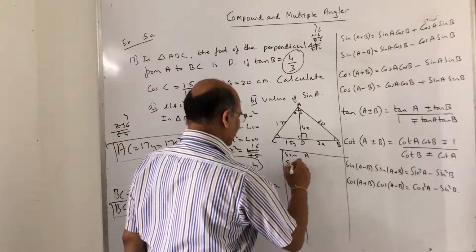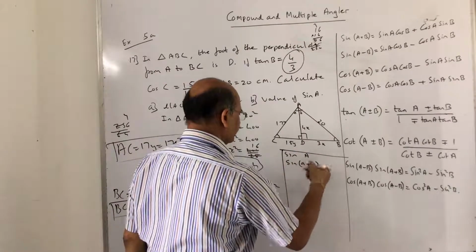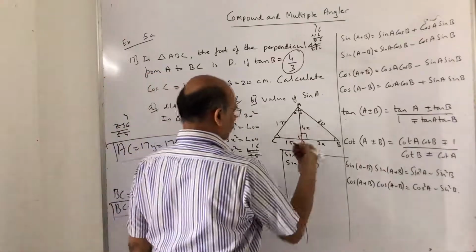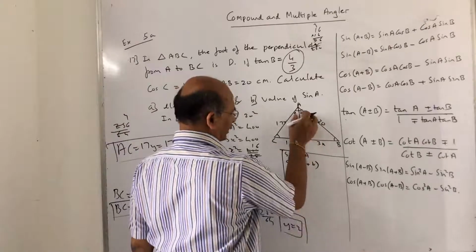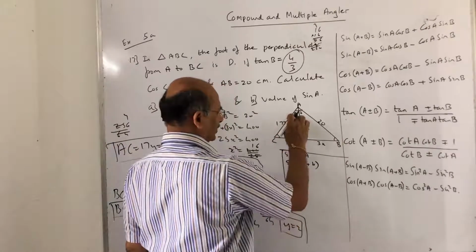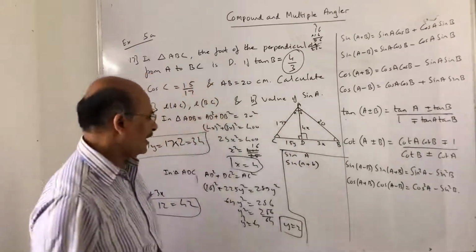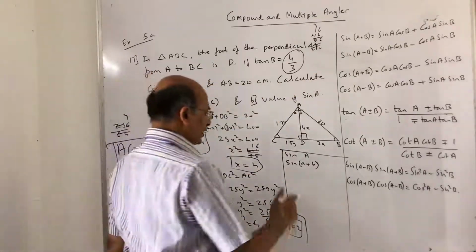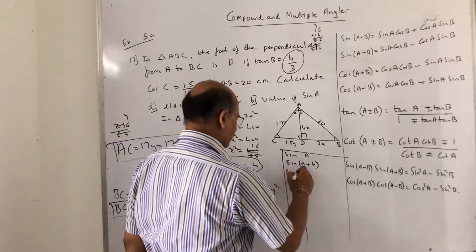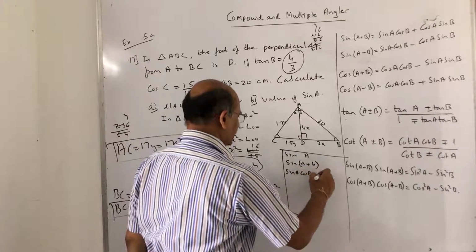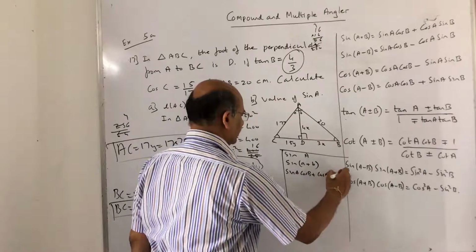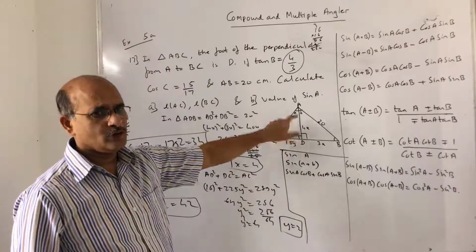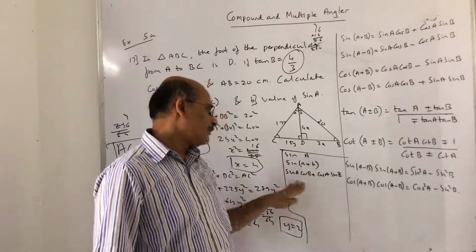So sine A implies sine of A plus B. Okay, sine of A plus B, instead of saying that way, you put this A, because the convention doesn't work because of C. Anyway, now write down sine of A plus B. Now what is sine of A plus B? Sine of A plus B is sine A cos B plus cos A sine B. Remember here, it is an acute angle, so I do not look at the add sugar to coffee rule. Acute angle means less than 90, all will be positive.